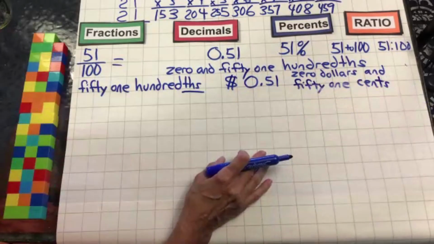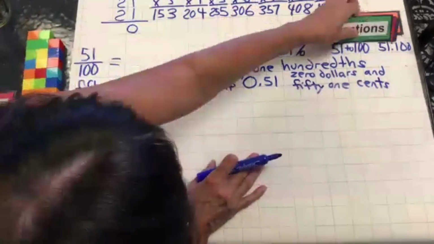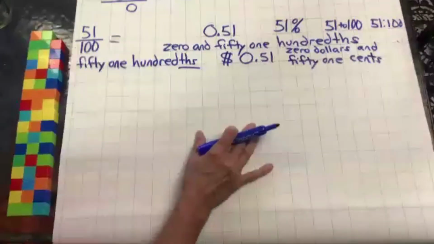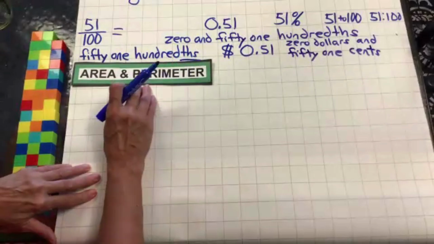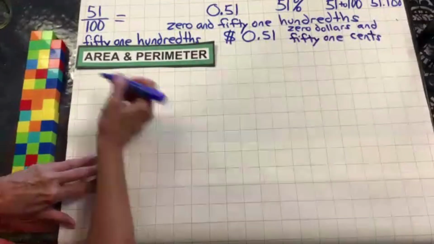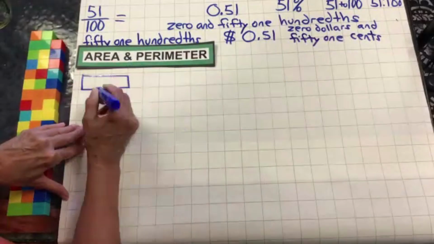Let's move on to our next category. So I'm going to take these up because our space on the camera is a little short today. We're going to go into area and perimeter. So if we look up at our factors, we want to put them in pairs, and we'll have our area that we're going to be talking about today. So this would be